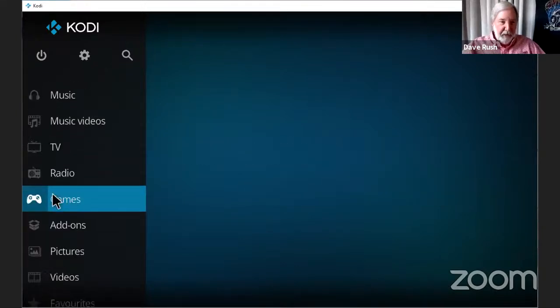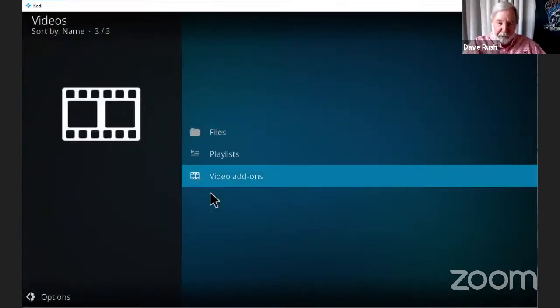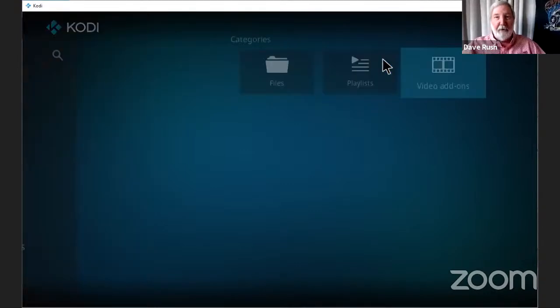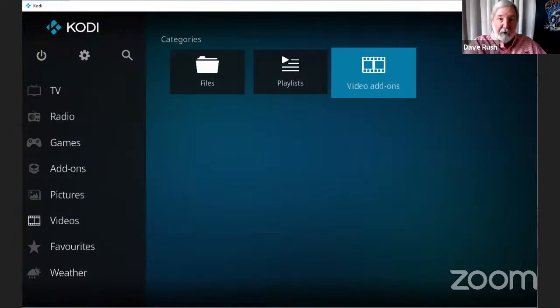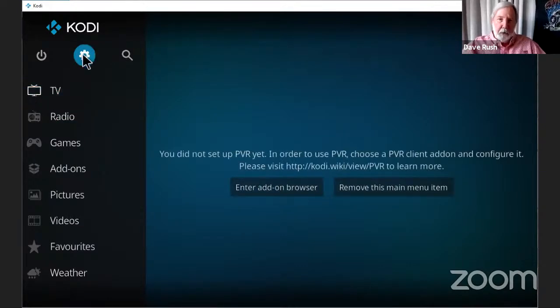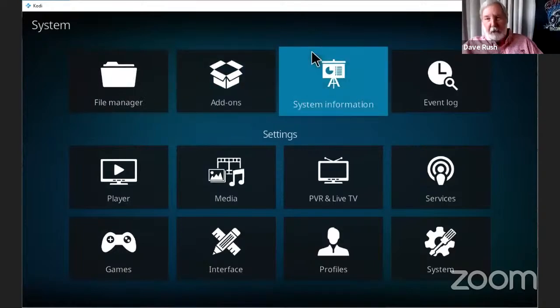If I go look at the area that I hang around, mostly videos, I can click on videos and get this vertical list, and you can change these list orders, or I can just hover over videos and go over to video add-ons. And video add-ons include live channels and movies and all kinds of other goodies. So how do we get that stuff? We go up here to the settings gear. I'm going to show you 3 things in here, and then I'm going to do one installation.